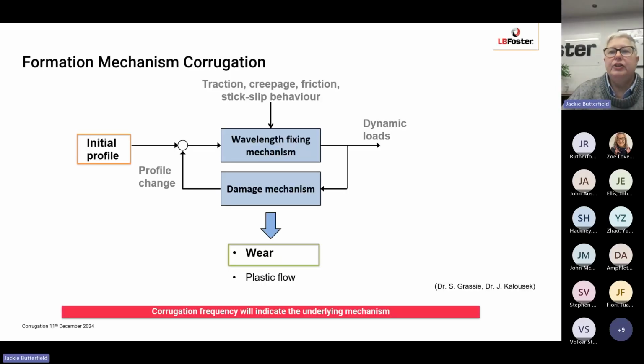So the mechanism of formation of damage for all types of corrugation can be explained by this diagram that I'll talk you through now. This diagram was first proposed by Professor Stuart Grassie, and he's probably one of, if not the leading expert on corrugation damage in the world. So we start off with the initial rail profile, and then something happens within that initial rail profile, some discontinuity. So it could be a rail joint or an abnormal weld or a defect, a squat perhaps, and that causes